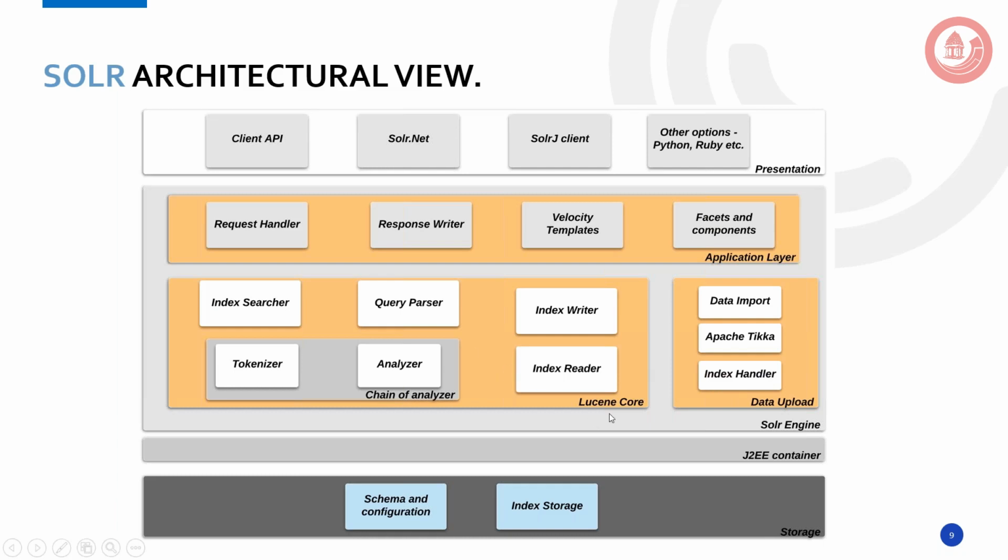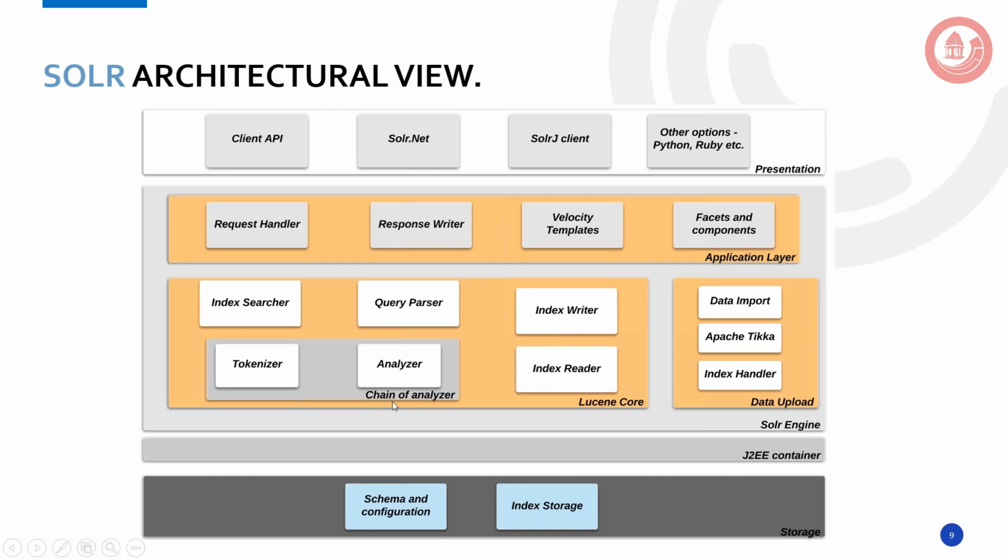And now this is the Lucene core, which is the core of Solr. If you see, Solr basically has Lucene as a core. Solr is just a wrapper on the Lucene core platform, which lets you interact with the admin panel and with the APIs, because Lucene doesn't support these APIs. It's a completely file-based system. Now in the Lucene core, you can see there's index searcher, query parser, index writer, and index reader. These components take care of the input and output.